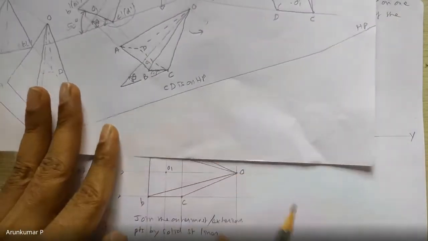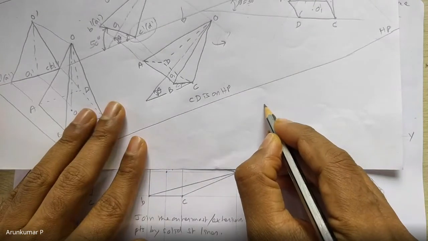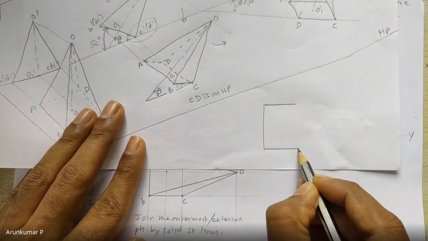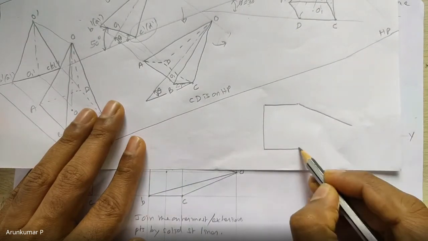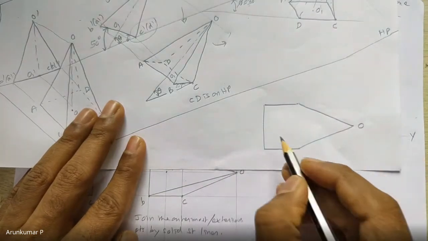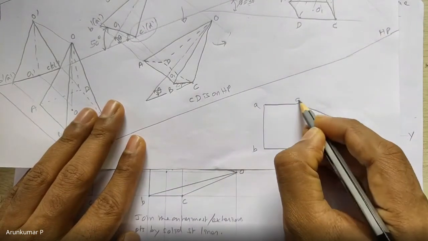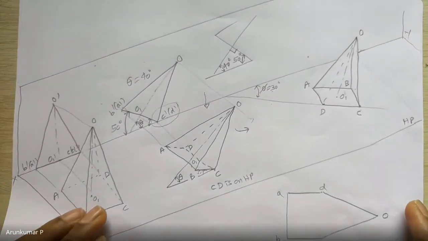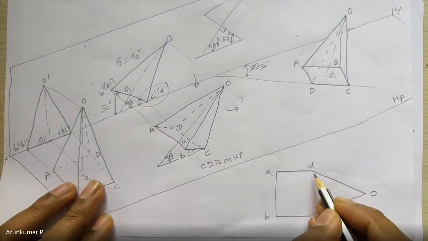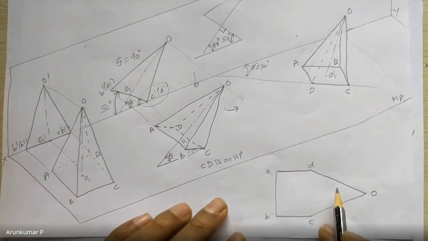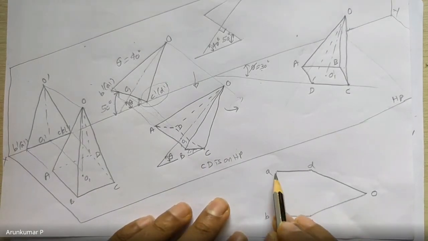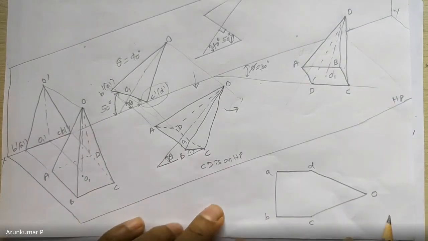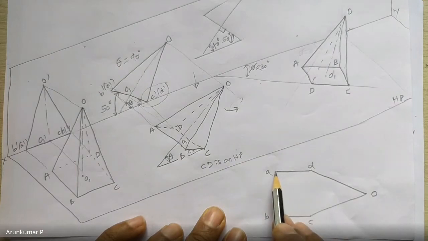So what I'll do is I'll draw this top view here. Okay, so this is what we had got. This was O, this was A, B, C, and D, isn't it? So whatever top view you got, I'm back here with the same. Okay, now if you are not able to understand whether OA is seen or OB is seen in the top view, then another very simple mechanical way is this.